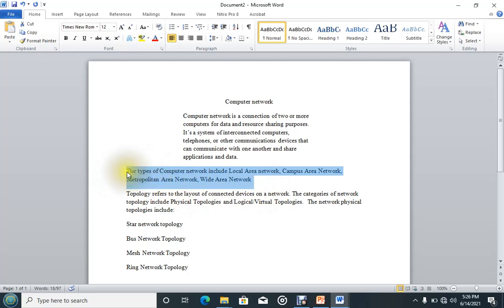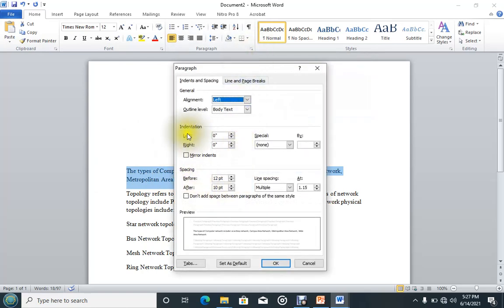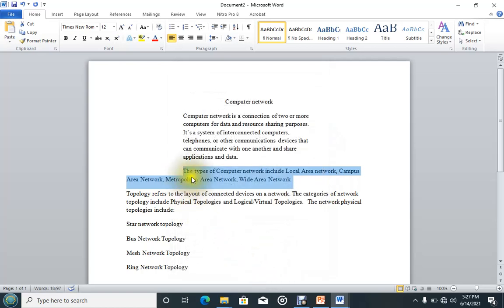So also select that paragraph, then you launch. The paragraph launcher is here. Then under indentation, we'll find them under special. So you simply come and click on special here, then first line, and you can also specify by what amount for it to be moved. Let me also put it to 1.5, but you will find that it's only one line moving, the first one. So you can see here what has happened. It has moved from here to here, but only the first line.